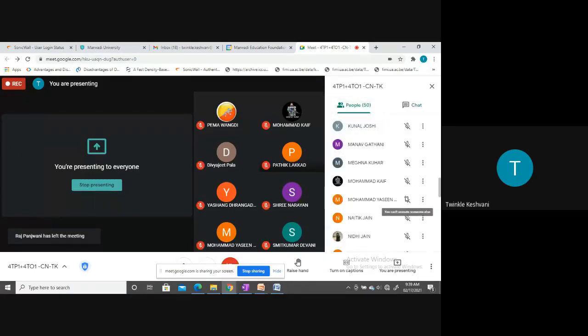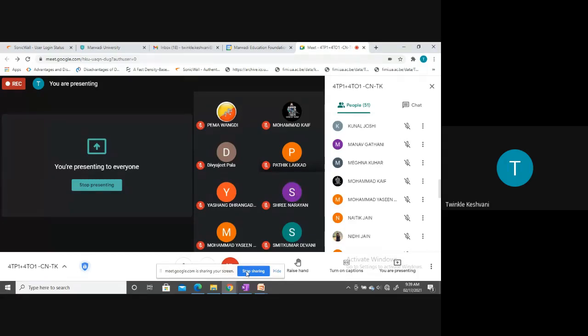Okay. So we can say transmission delay is nothing but the time required to put the packet on the transmission link, that is referred to as a transmission delay, right?